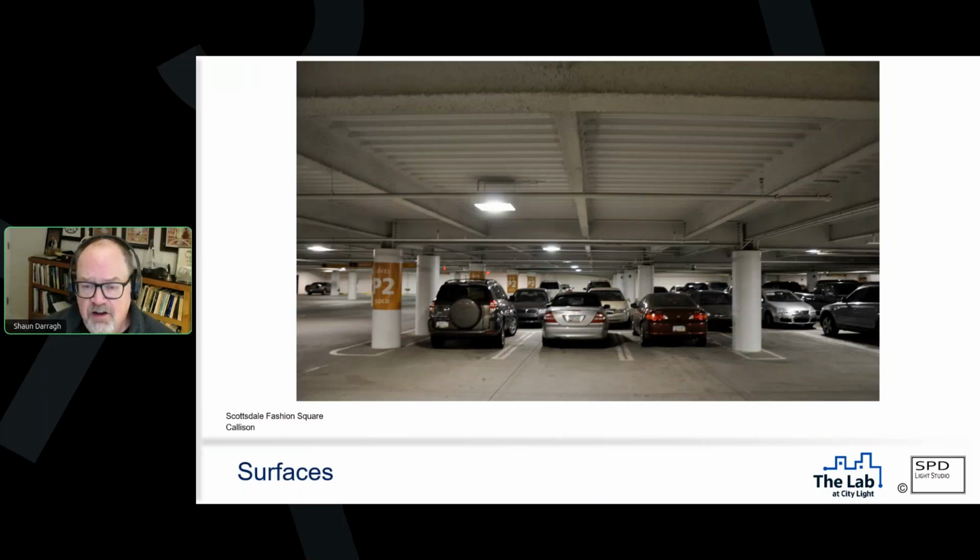Similar choice, this is the Scottsdale Fashion Square. We worked on this some years ago with Callison, and we didn't do the lighting in the parking garage here, but they wanted us to relight it. And we looked at it and we said the lighting at the time is fine. What you need to do is paint; at the time, these were dark gray panels. We had them paint the surfaces in there without changing the lighting at all. The space looked and felt much brighter and actually had a higher measured light level. But